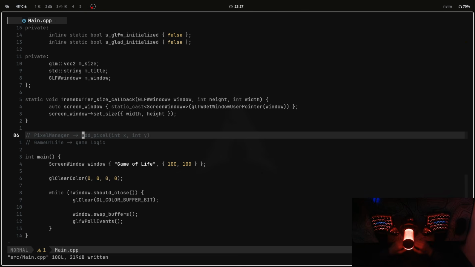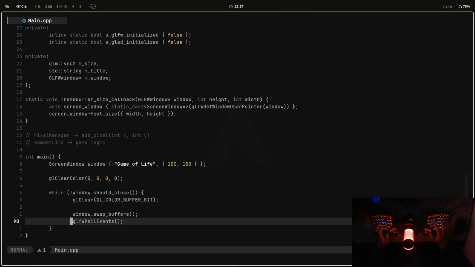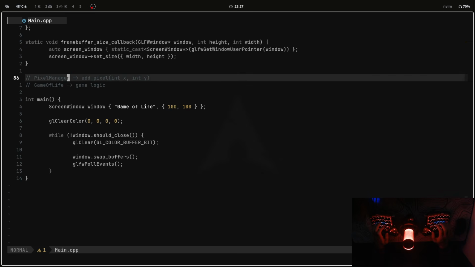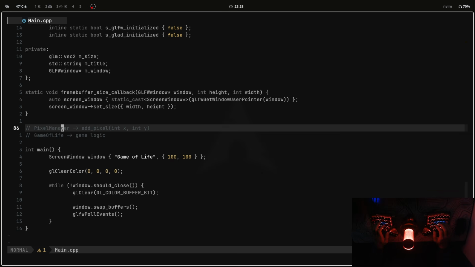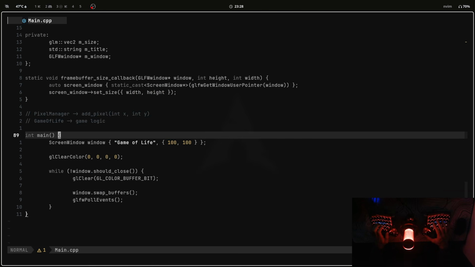So basically the game of life will be updated each iteration, and it will inject all of its state into the pixel manager by adding the pixels, and then the pixel manager will be flushed and all of the state of the game of life is rendered to the screen and removed from the pixel manager, and the game of life instance will have to inject its state each frame. So this is the basic setup I'd like to achieve in this video. So let's go ahead and do that by first creating the